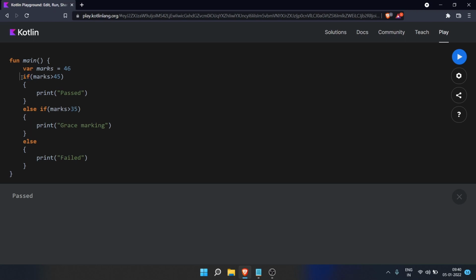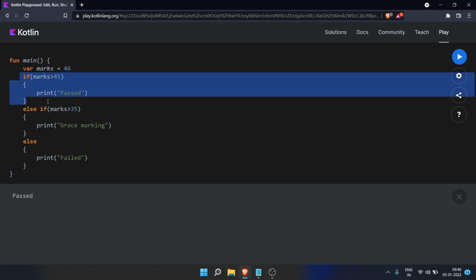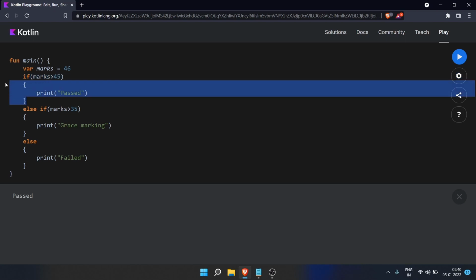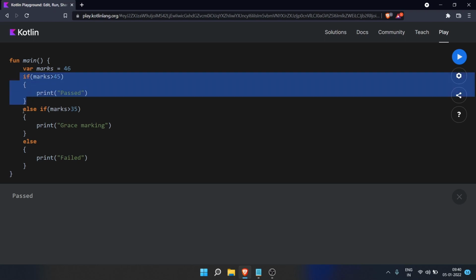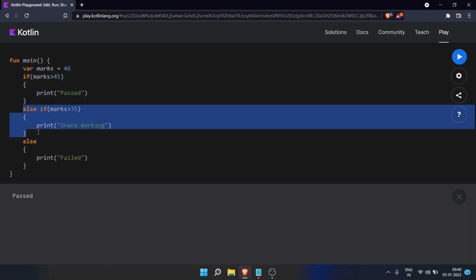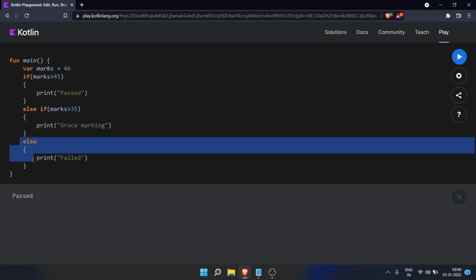So if we go in this condition, if this is true, then it will go for this statement block. But else this is not true, that is the meaning of else if. Else this is not true, the upper block, we will go for this block, then only we will be testing them. And else this is also not true, then we will go for this.